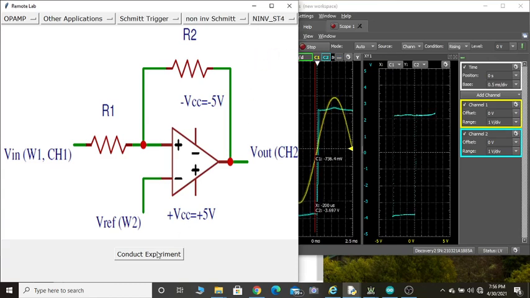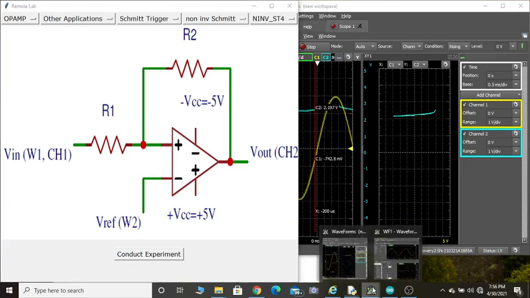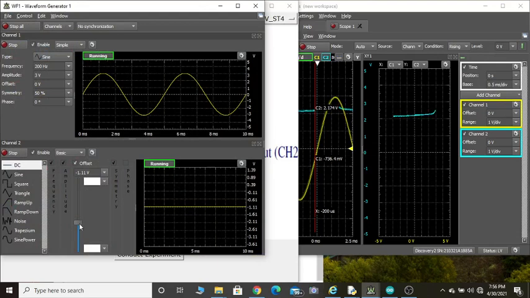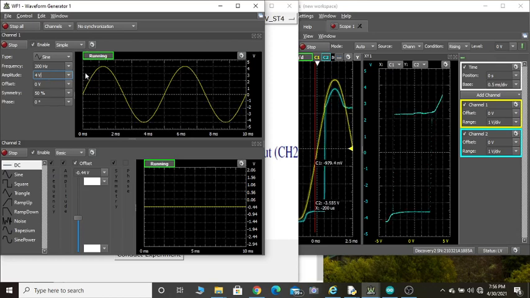Let me try for this. Okay, for this reference voltage and input voltage it is not making a transition. Let me change the reference voltage. Now you can see this is fine. It is so wide, so let me make this equal to maybe 4 volts. This is fine. Here you can see this issue will come whenever the input voltage exceeds the saturation voltage, then it is more than that.